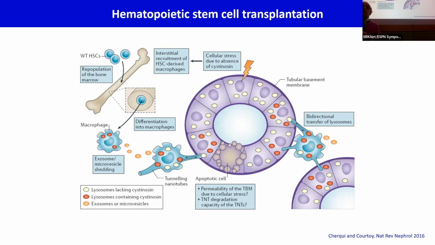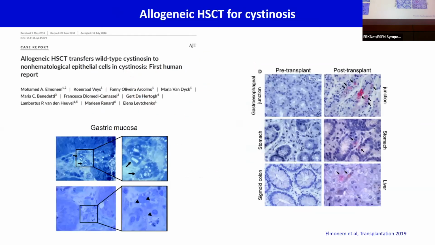And then a lot of work has been done in the past 10 years. And to make a very, very long story short, what was shown is that probably the primary mechanism is that macrophages that are rescued by the bone marrow transplantation migrate into the interstitium, and they make tunneling nanotubes that can transfer material, be that lysosomes or mRNA, and that can rescue the neighboring cells. So one first